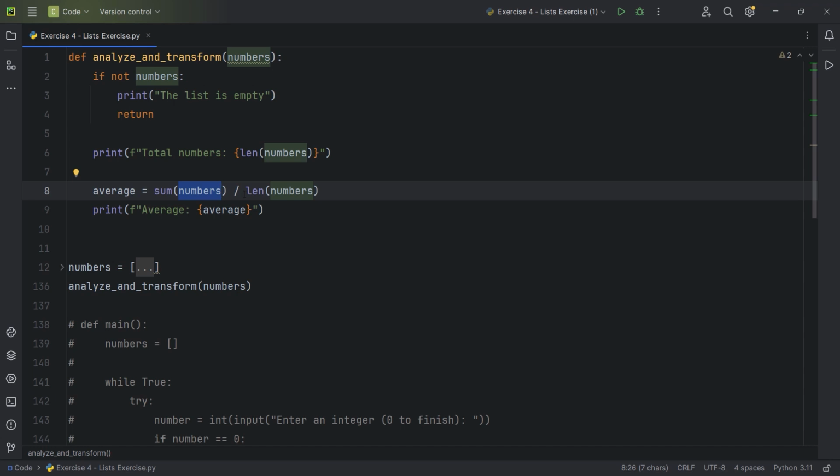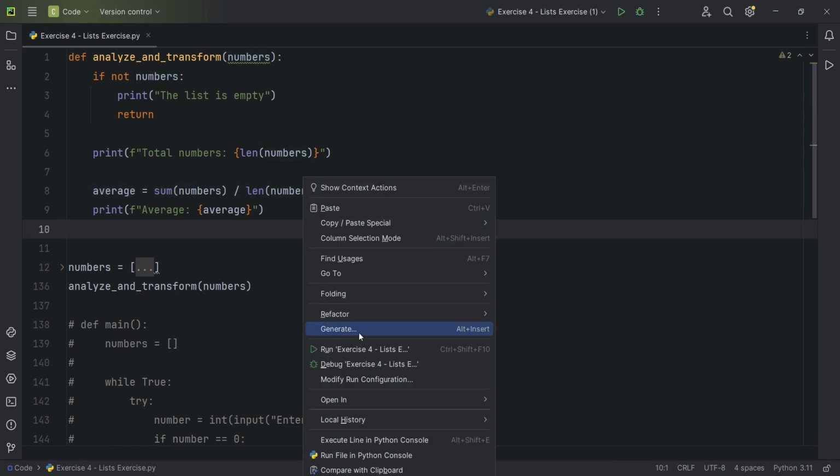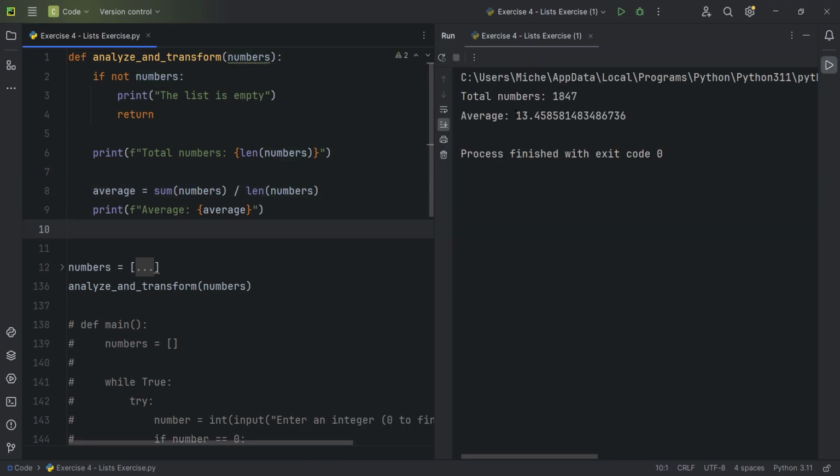Then after we have this, to calculate the average, we need to divide it by the total number of the numbers. And in here, I just use the length again to get the total amount and then printed out the average. Let's right click and run. And as you can see, the average is actually